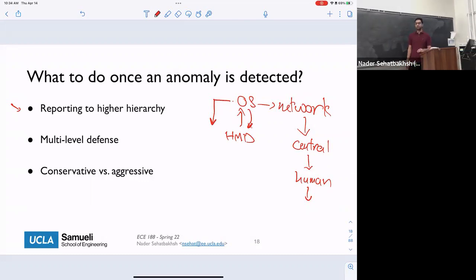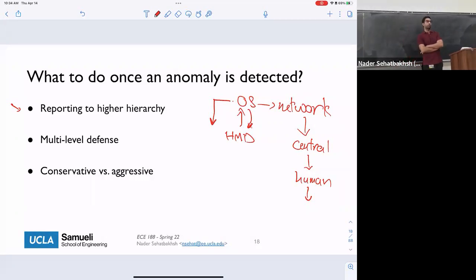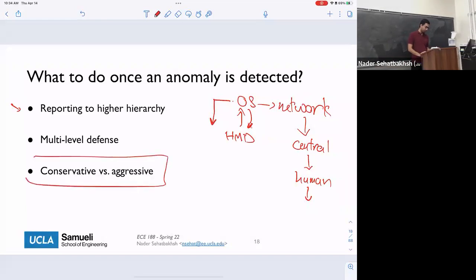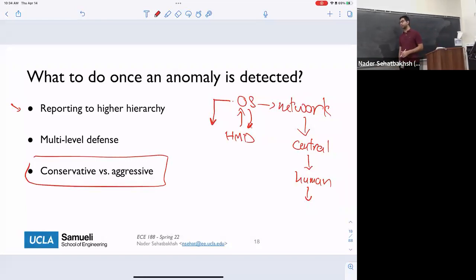If our system thinks that it sees malware, but indeed it's not malware, and we shut down the system, that's a huge inconvenience, right? So you also don't want to be very aggressive on that part. There's a game between being conservative and being aggressive, depending on how well your system can detect malware and how security critical your system is, okay?